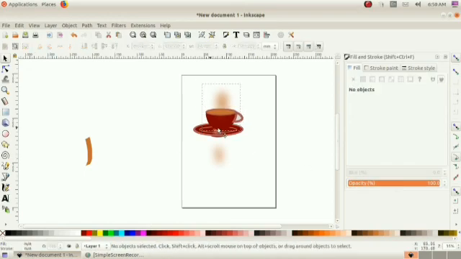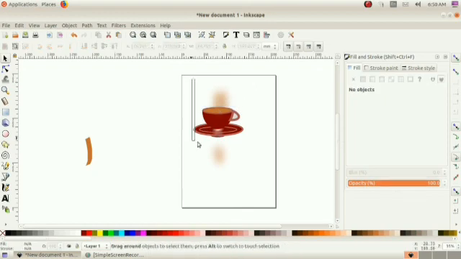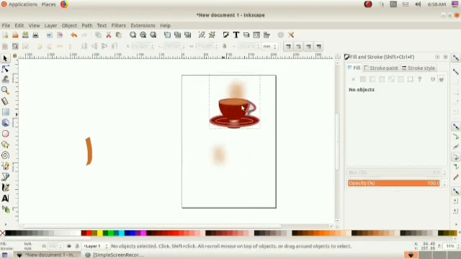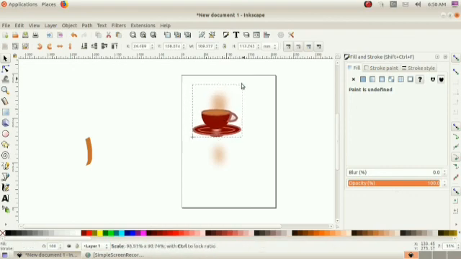Okay, Control G. Okay, then you just drag it to anywhere, we can move it. Okay, then if you want to reduce the size, you just drag and that is that gradient color.